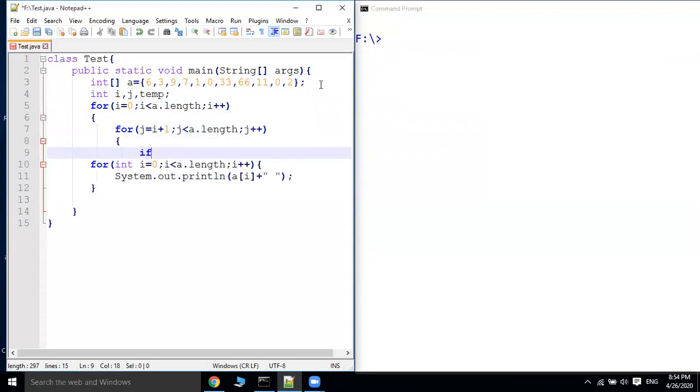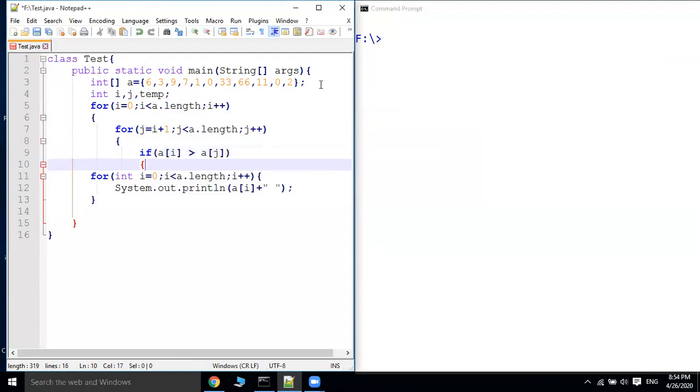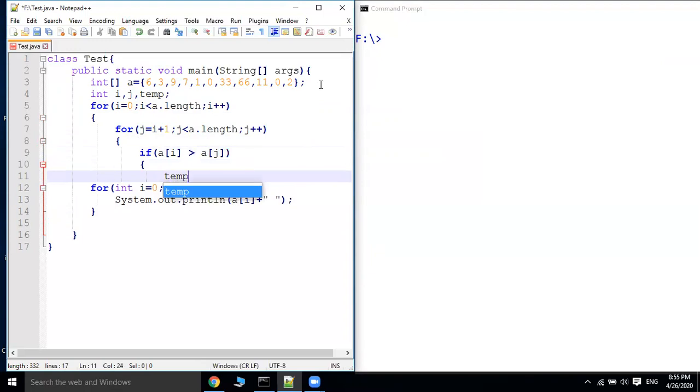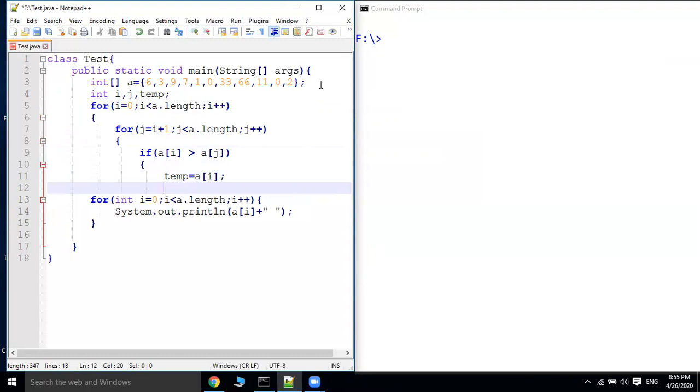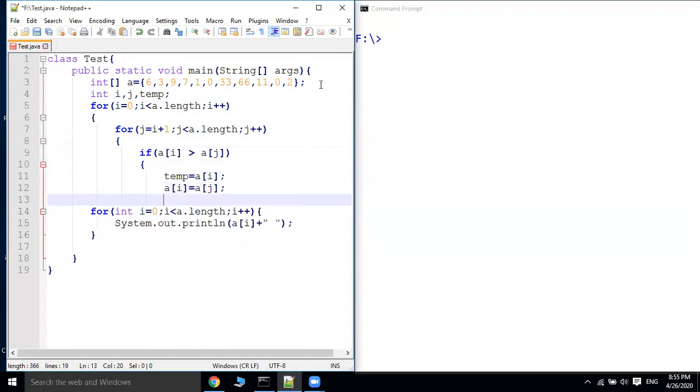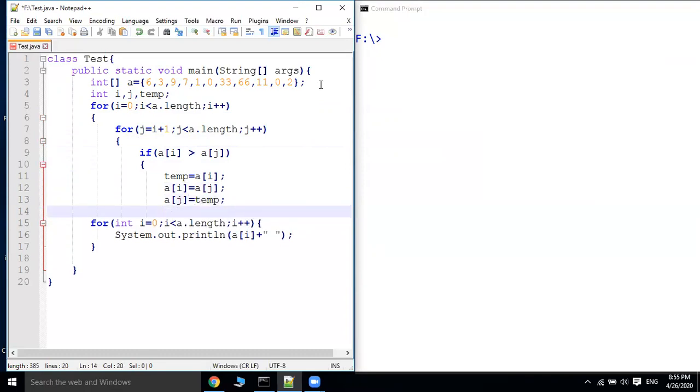Now let us take one if condition: if a of i is greater than a of j, then swap the two elements. Temp equals a of i, a of i equals a of j, and a of j equals temp.